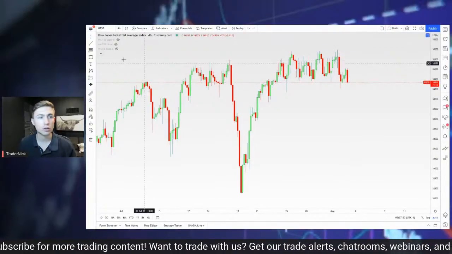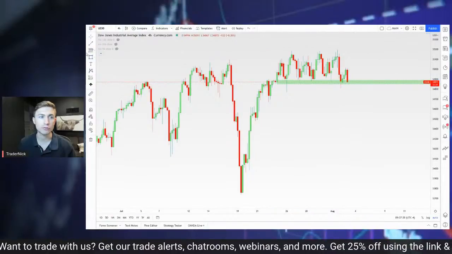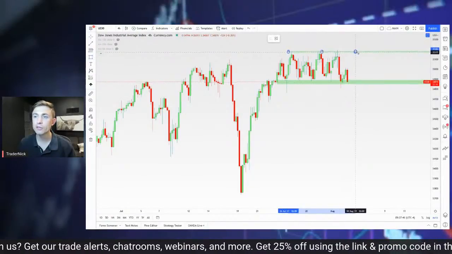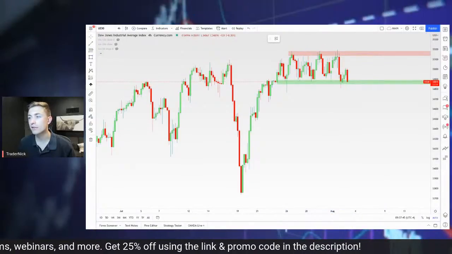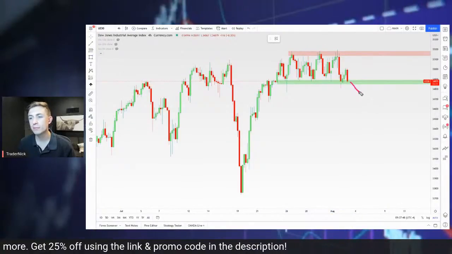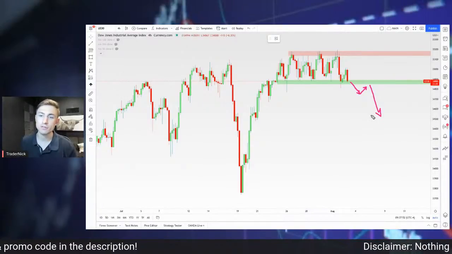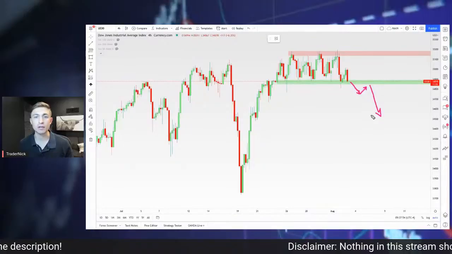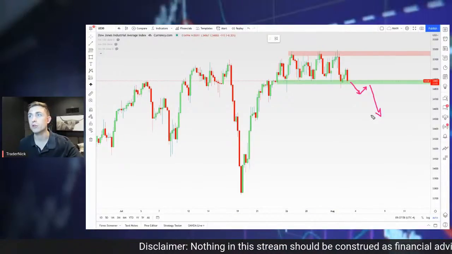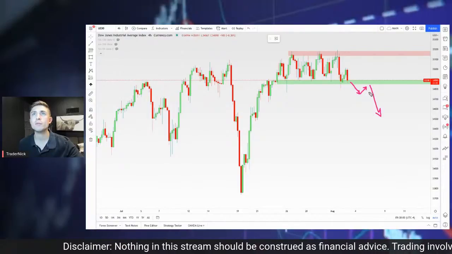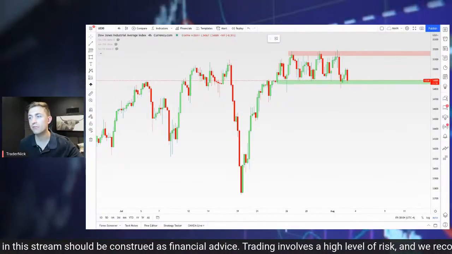If you're watching this thing closely, it does seem like we're at the bottom of this little channel, tight channel here today on the 4-hour view. You may see another dip if this thing does start to break out to the downside. But personally, I don't like to bet against the stock market just because it is quite strong right now. So anytime the market's in a dominant uptrend, I tend to shy away from shorts on it. So that's what I'm looking at in terms of the market. Maybe if you see another dip, there's an opportunity to look for buys, but not my favorite chart here at the time being.